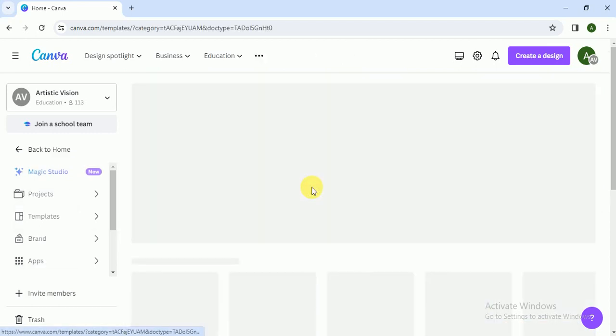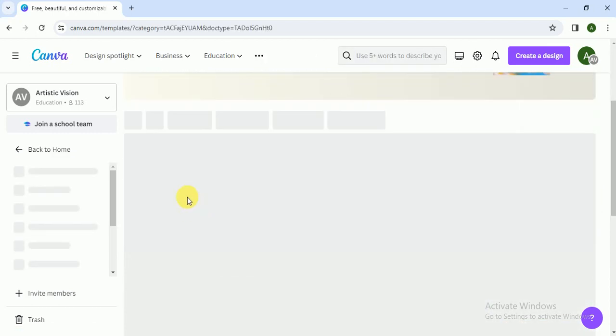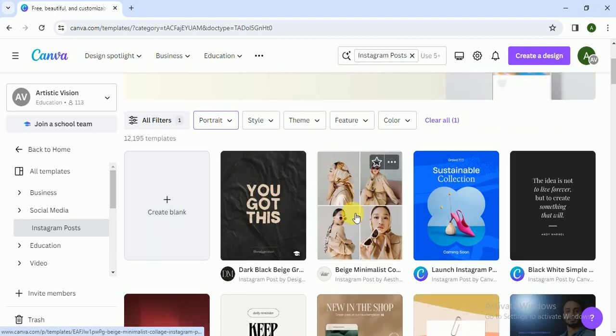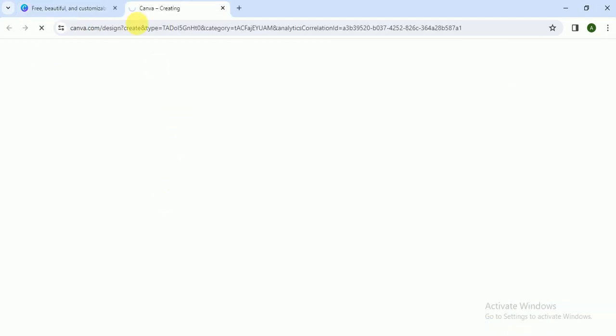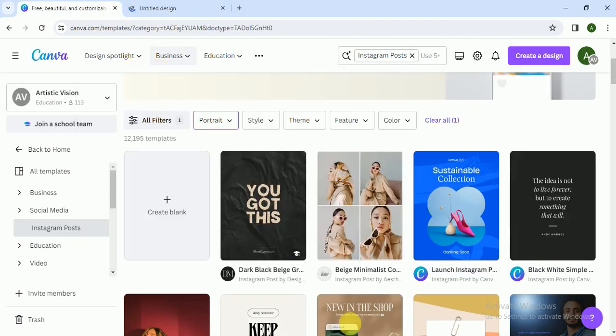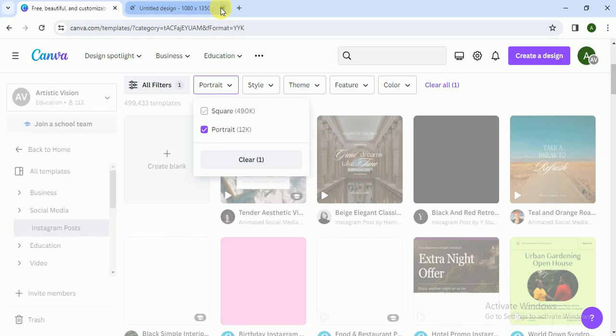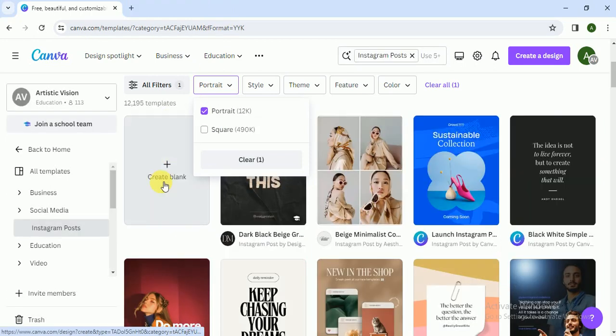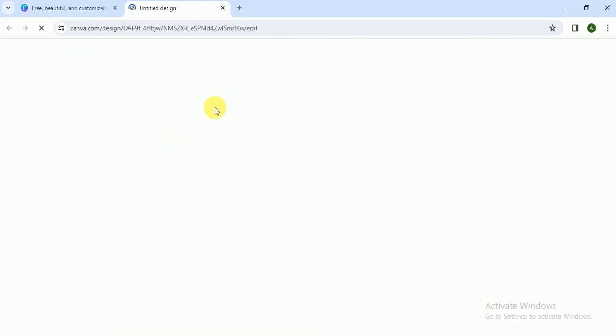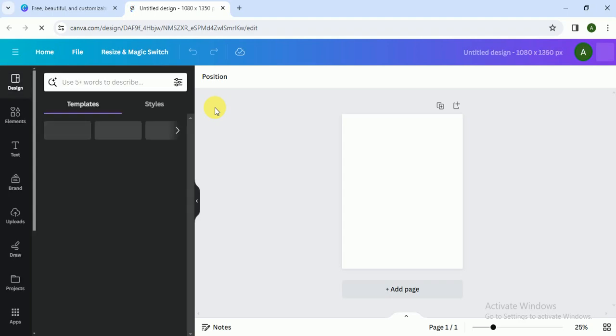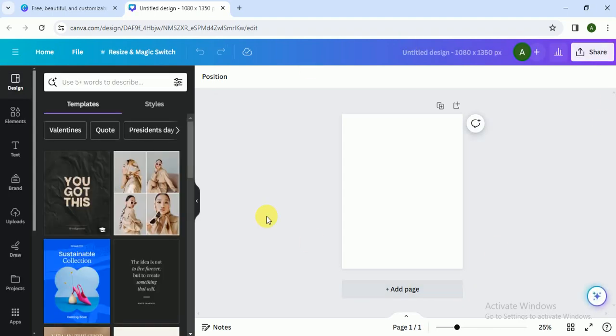post. So I click on blank template. I want to choose square, so I cross this one, and so this is a square Instagram post, and